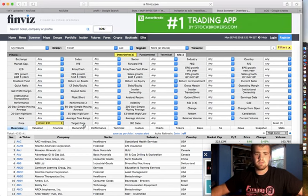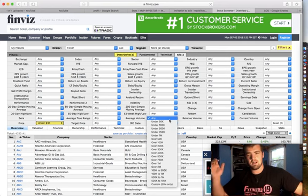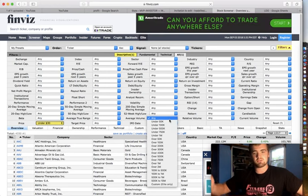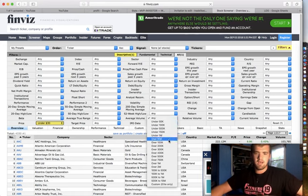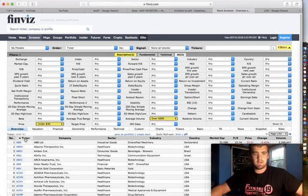So now once you put it under 30, it has 4,333. So the next thing you want to do is average volume, and this is very important because volume moves stocks, whether it's up or down. If there's no volume, it's going to start going down. But if there's high volume, a lot of buying pressure, it'll start gaining momentum and start moving up. So I always do over 500 to start out. So now we're down to